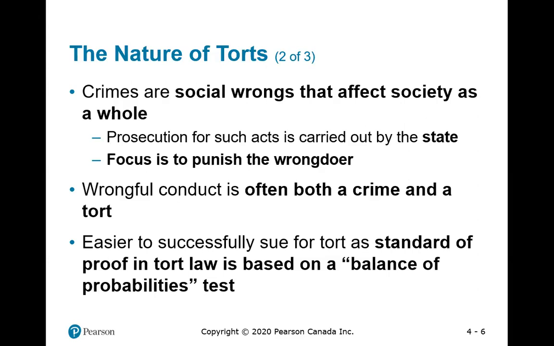Which one? 100%? Yes, but how do we call it? It's almost 100%. So how do we call the burden of proof in a criminal offense? There must not be a single doubt. There can't be a doubt. So we call it beyond a reasonable doubt.